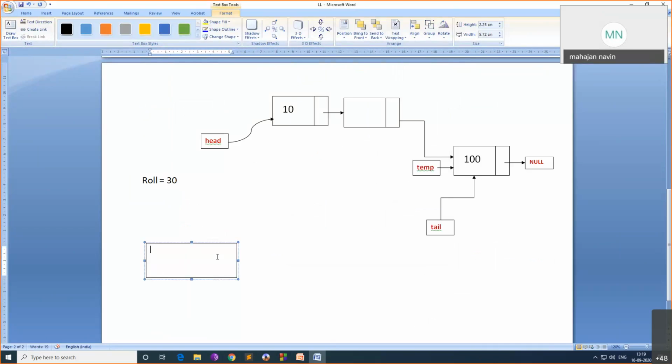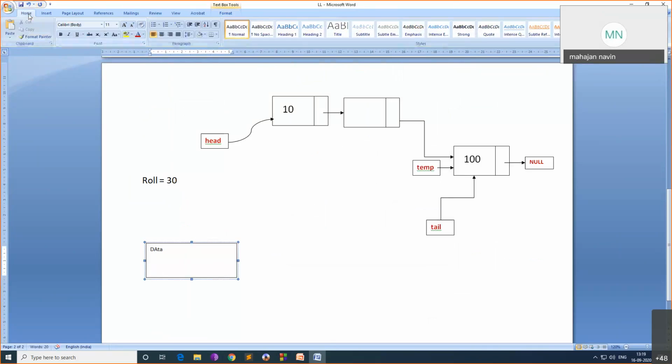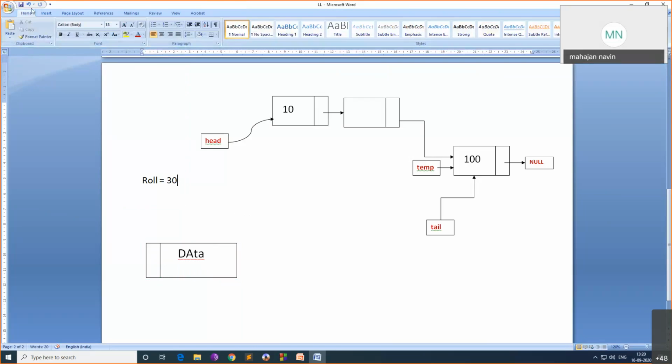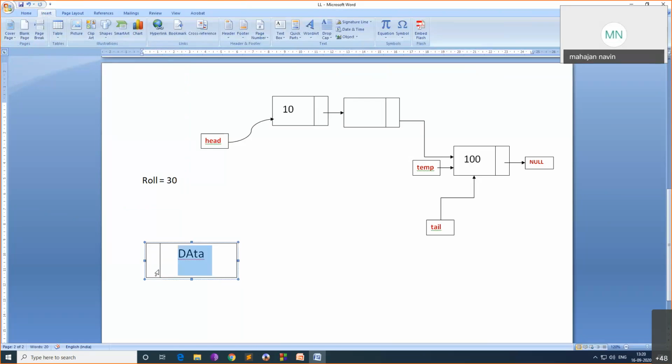Okay, let it be. I'll take this as data. I'll make it center. Some space. Okay, this is data, and we have two pointers here in the doubly linked list. One pointer pointing to the previous node, and the other pointer pointing to the next node.